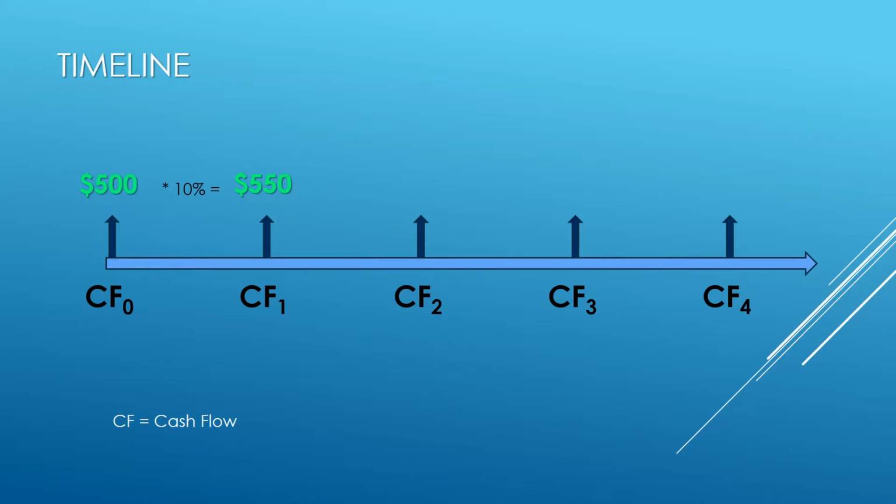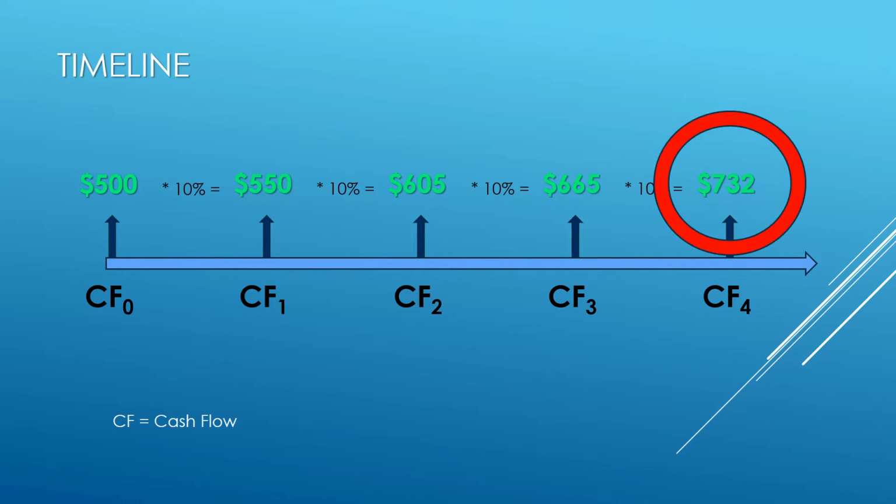Okay, so now let's see what would happen if we were to continue the investment and keep earning 10% on top as each year goes by. We would multiply $550 by 10% again, and this time we get $605 over the 2 years invested. Let's continue to do this up until cash flow 4. So this shows us that if we invested $500 at 10% interest yearly for 4 years, our $500 will have turned into $732. The final value we have here at cash flow 4 is what we're going to call our